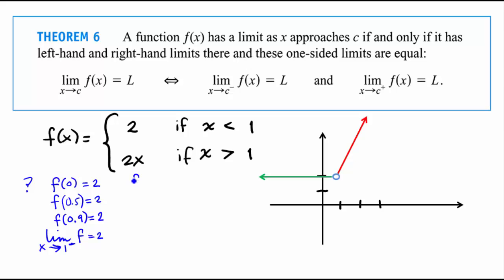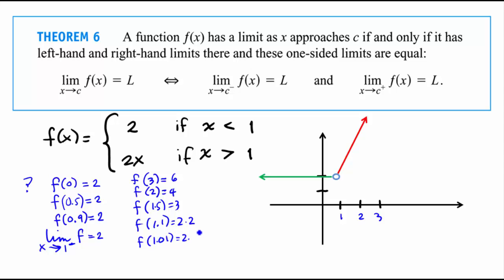Now what about if we take f of 3? F of 3 is, so this is 1, 2, 3. So f of 3 is 6. F of 2 is 4. F of 1.5 is 3. F of 1.1 is 2.2. F of 1.01 is 2.02, etc. So we see here that the limit of f as x approaches 1 coming from the right is